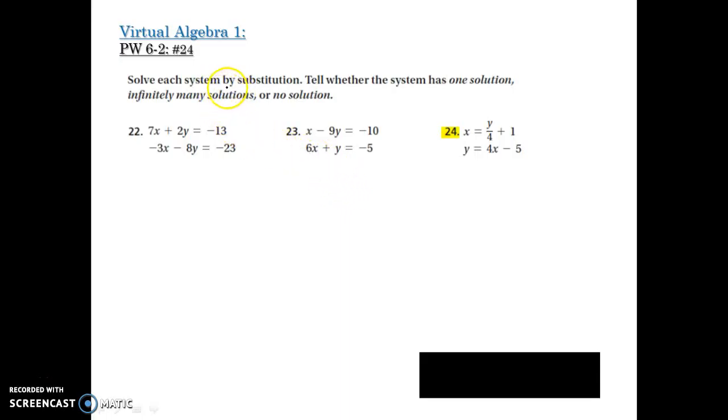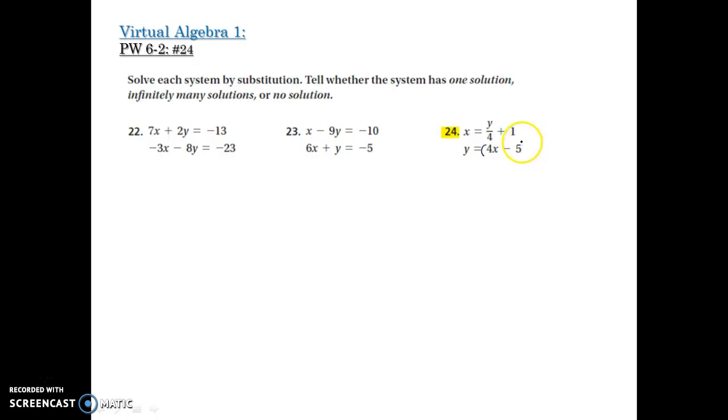So here we're using substitution to solve a system of equations. If we look at number 24, we need to find an expression for one variable to plug in to the other equation. So right here we've got x equals y over 4 plus 1, and here we've got y equals 4x minus 5. If we were to substitute 4x minus 5 in for y, that would give us x